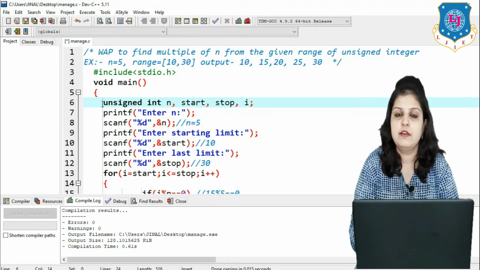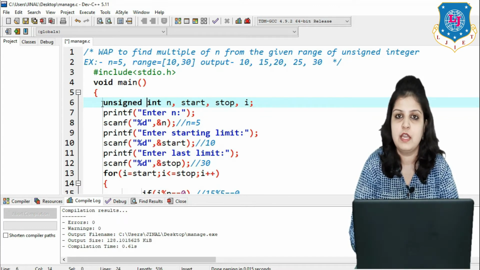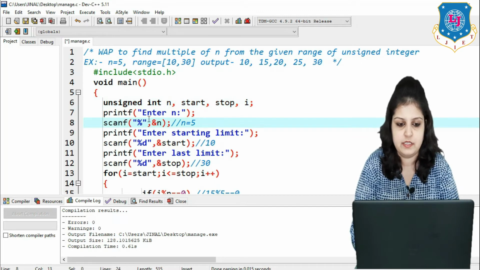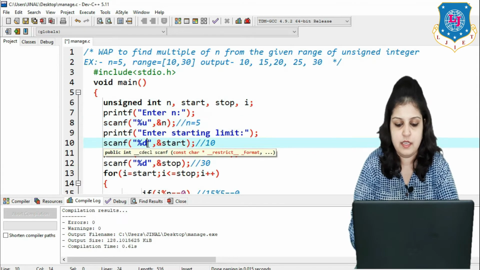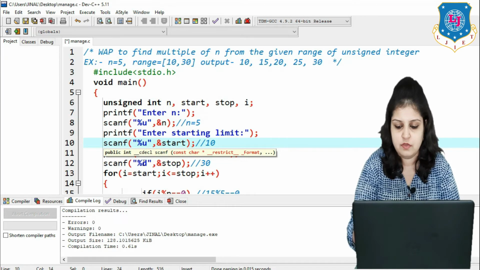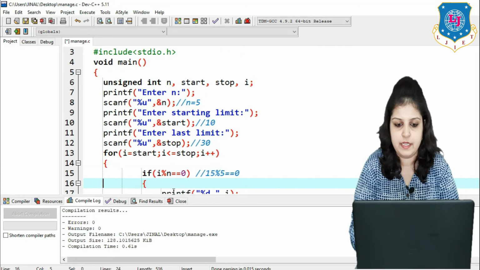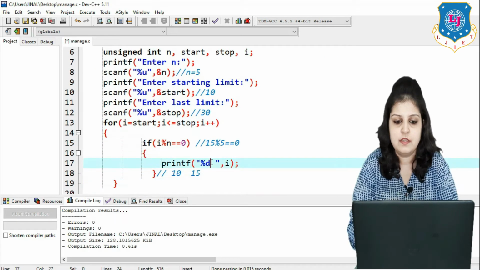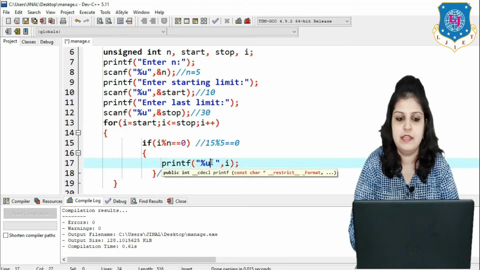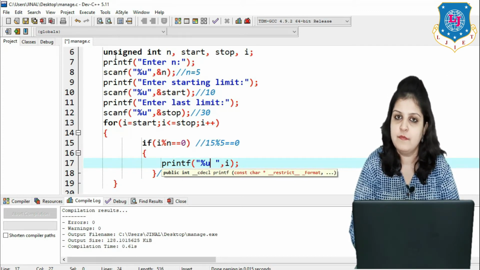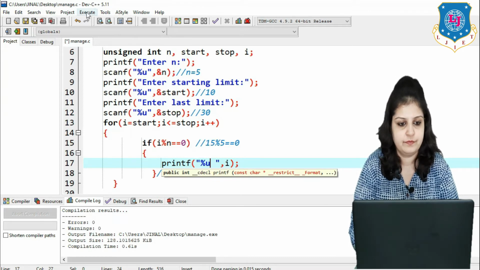and then if you take the data type as unsigned integer, then our control string we have to take as %u for unsigned. So here I am changing %d, here again %u, the same for here and the same for printf. So the output will be the same, but here we can say that it is for unsigned integers, meaning always starting from 0. Let's see the output.